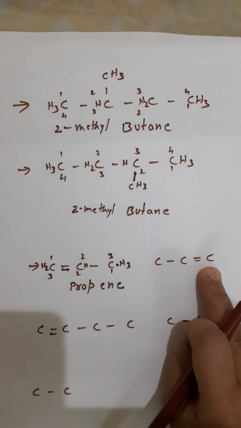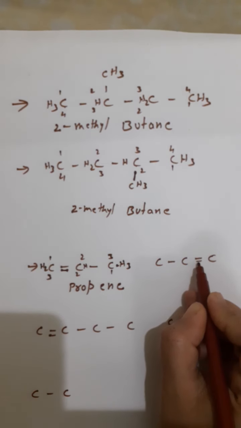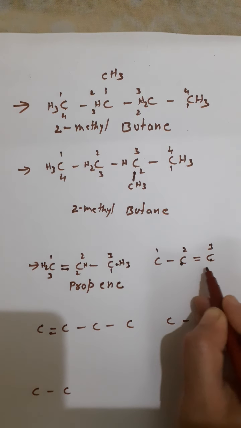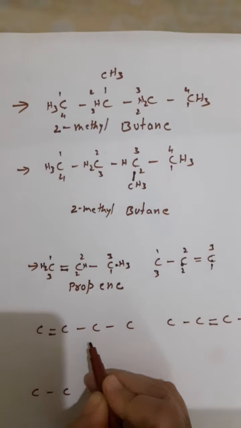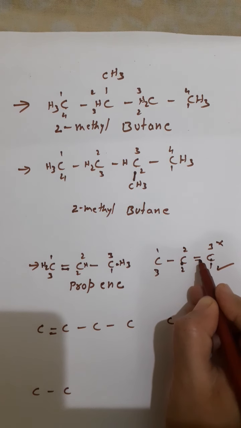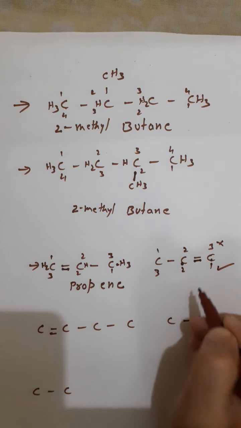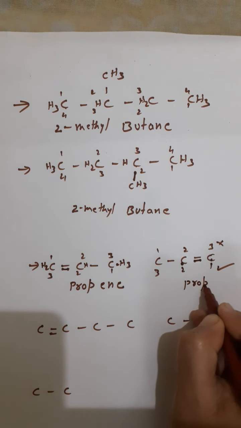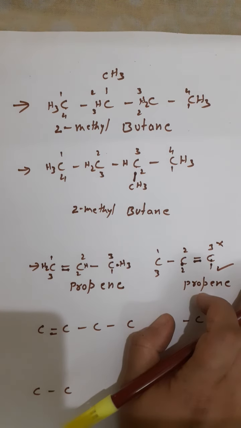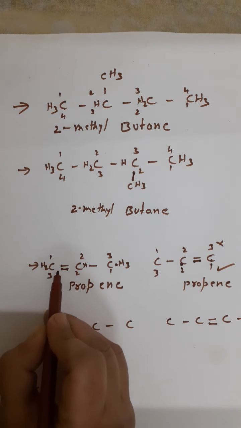So now this is the complete structure. Similarly, see this one as well. So there is no difference. The difference is coming in the bond where it is present. The double bond is located on this and this carbon. So should I number it as 1, 2, 3, or it should be like 1, 2, 3? Yes, my preference will be this, but not this. Why? Because here the double bond gets the least value. So if I am starting from here, it is getting it as 1. So even this can be named as what? Propene. Fine. So for propene, it is not an issue whether you start from left to right or right to left. It is always a first to second carbon.